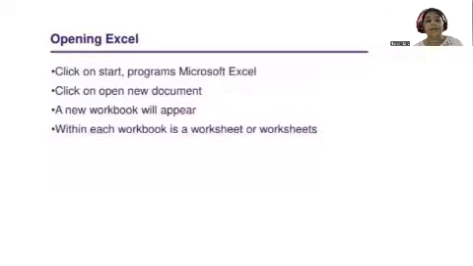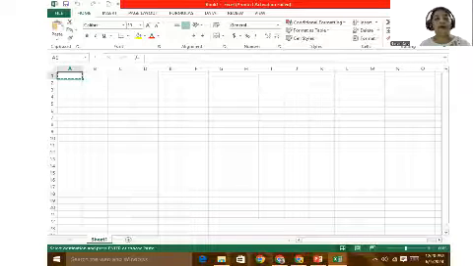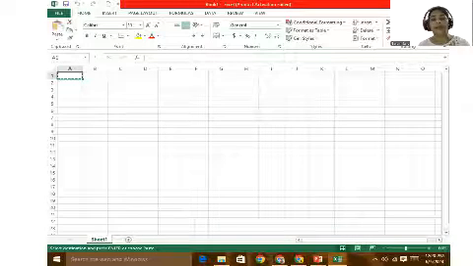How do we open MS Excel? So to open MS Excel, we have to click on the start button and then choose MS Excel program, and then you have to open a new document. A new workbook will appear with the name book 1. Each workbook has many worksheets that can be included. So this is the front view of the MS Excel